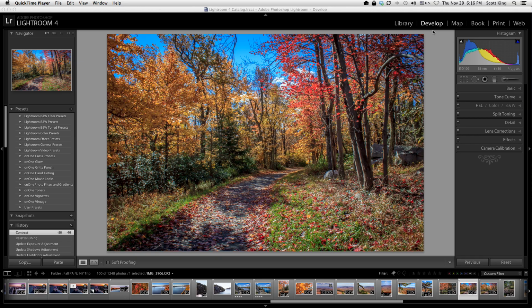Hey everyone, we are back again, and today we're going to be looking at the development module within Lightroom 4. Yay! So here we are. I'm in Lightroom. I am on the development tab, and these are all the tools you get to use to